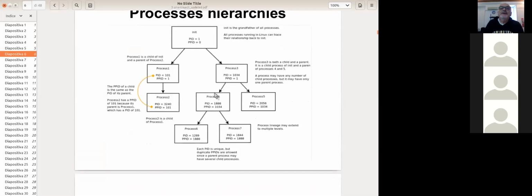Just to have an idea, processes in Linux and Unix are hierarchical and are distinguished by a process ID, PID, which we will see after. So just to have a glance, a picture, just to remember: the aim of each process is to generate new processes, forming in this way a tree. So processes are distributed in a tree of processes. And the tree has a root, and the root in an operating system